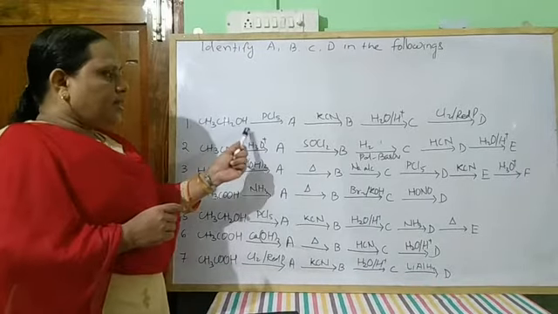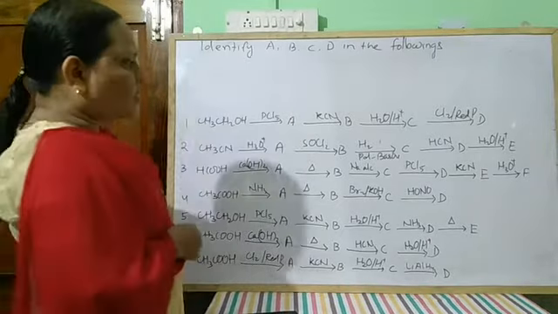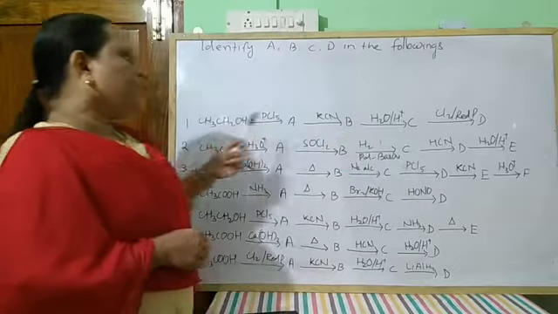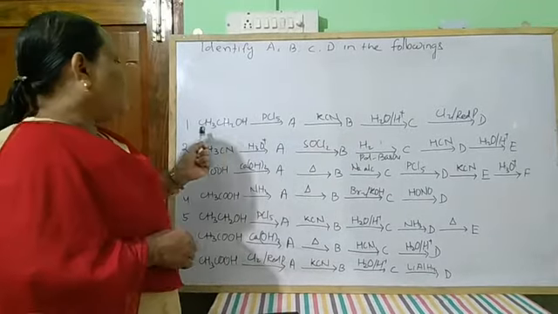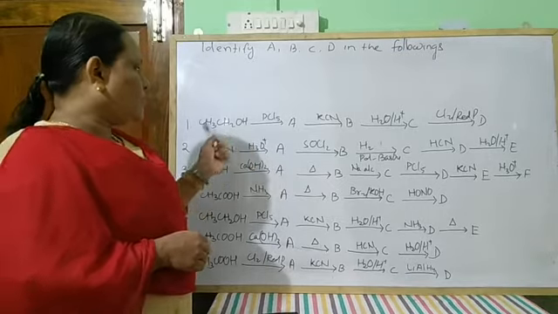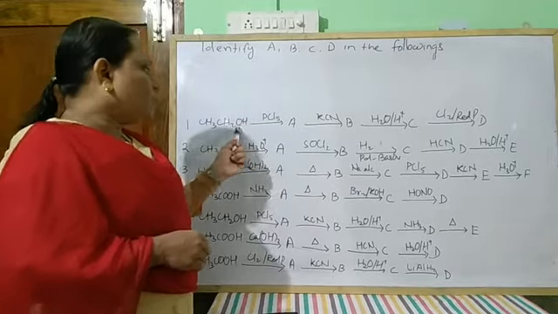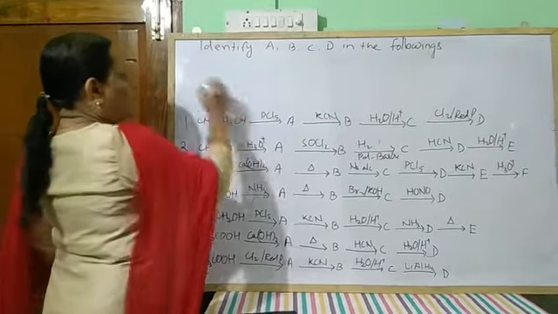So this is ethyl alcohol, and PCl5 reacts. What is the product? You only have to write the main product, no need to write the mechanism. When ethyl alcohol reacts with PCl5, the OH group is replaced by a chlorine group. So first it gives you